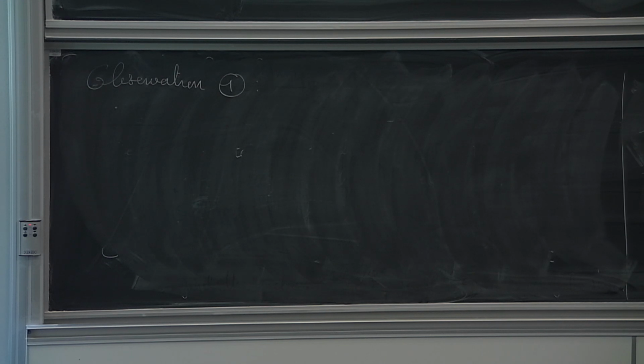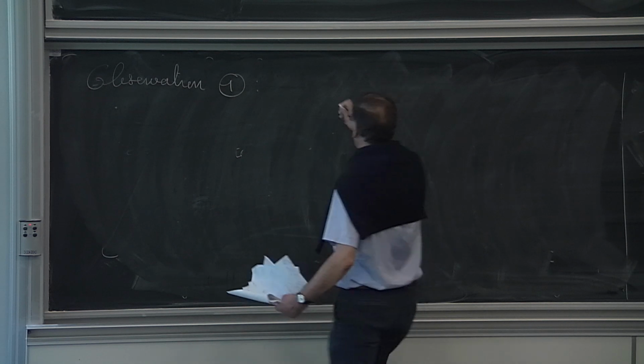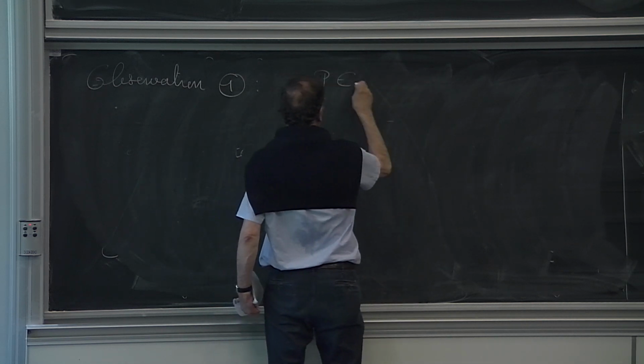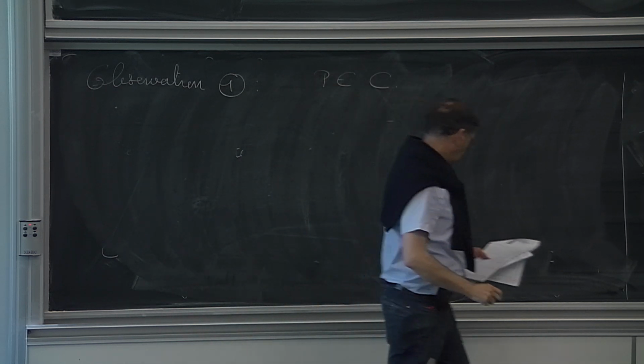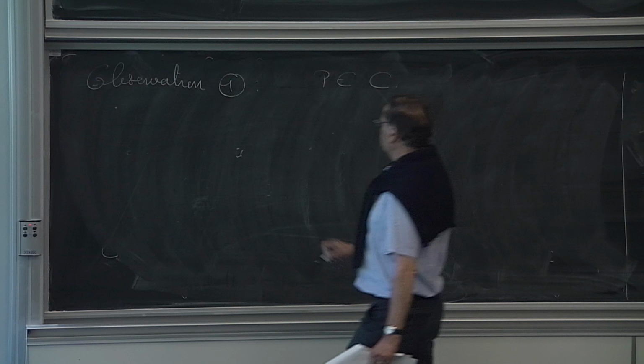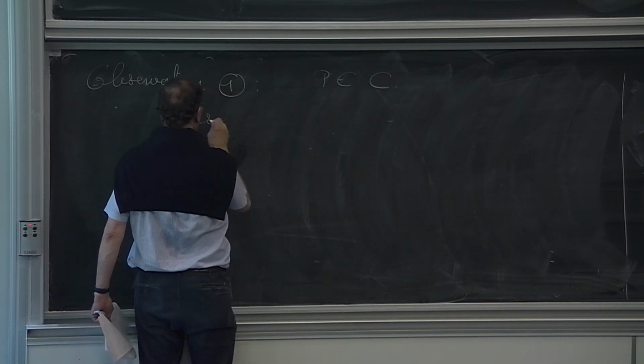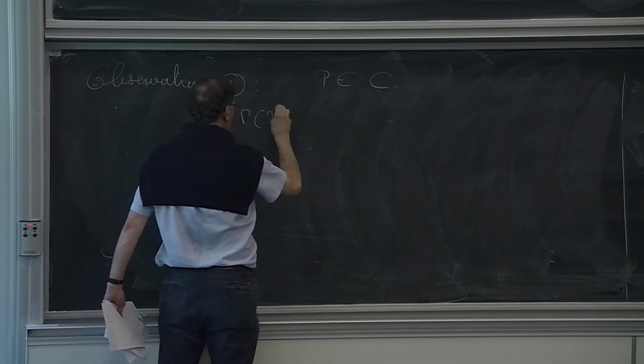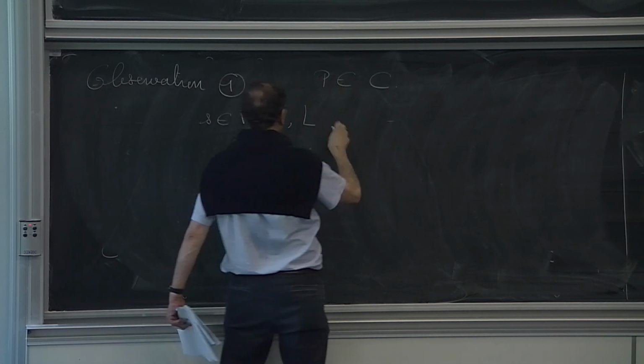Actually, a much stronger statement is true. Just pick any point P in the curve. And what I claim is that, if you are given S, an analytic section of L,